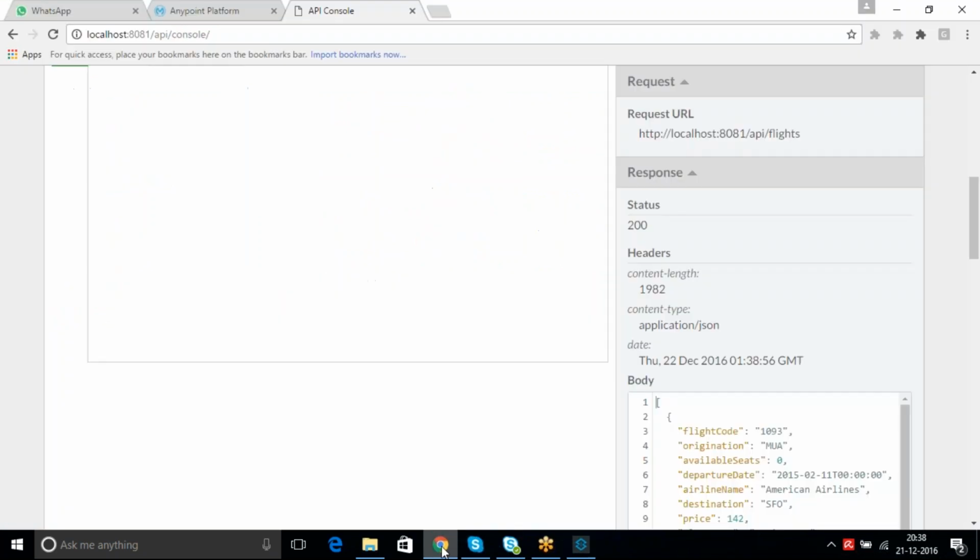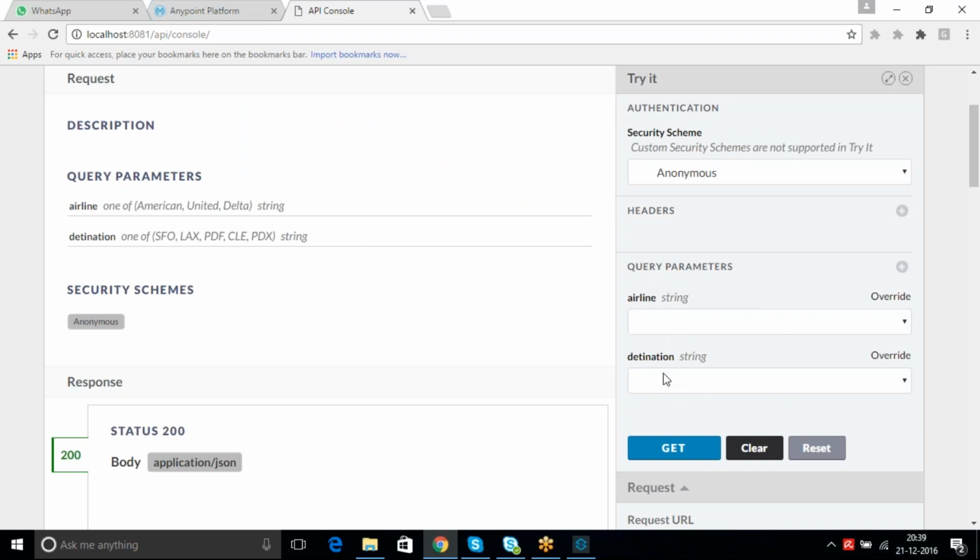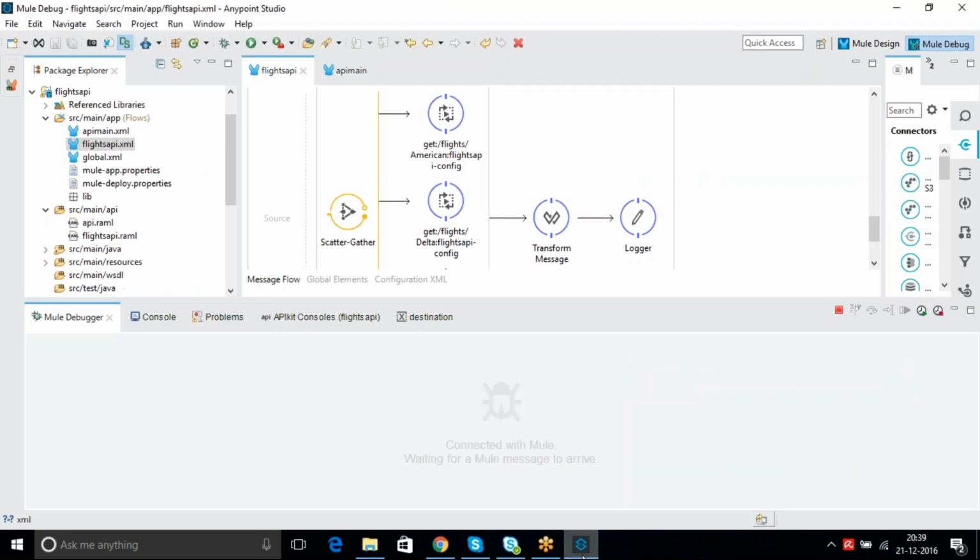Now you can see the proper response back. So what we did: even if we pass the destination as empty, we are able to get some value. We are setting some default value. Okay, this is what our flow is doing. Since our flow is running successfully, there is no issue.